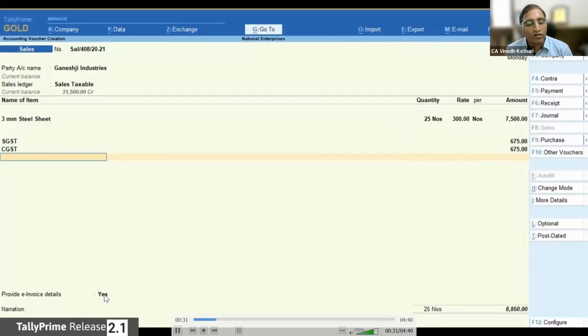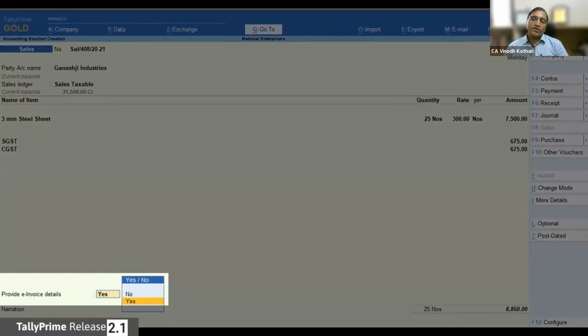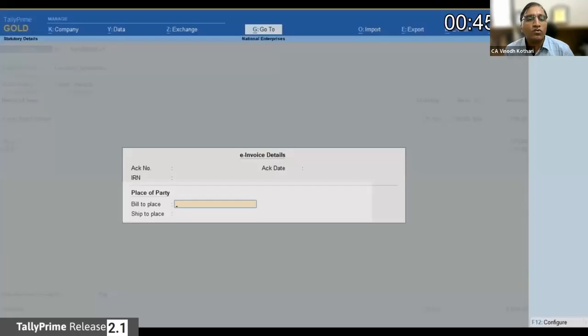So two methods, offline and online. Even in online, two methods are there. Sometimes what happens is you provide the yes, but you want a certain person to verify the detail, and only then it should be generated. That option is also available. For that, you need to do settings in +2, or if you want to generate the invoice directly, you can give yes. So here we have generated.